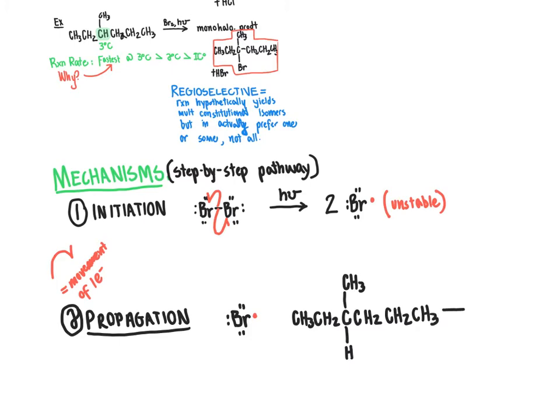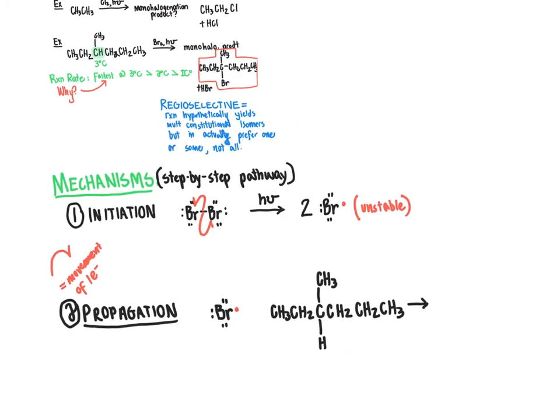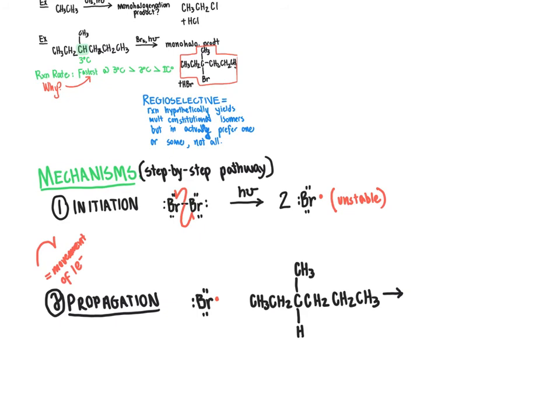And so we're going to go ahead here with this. Our bromine radical is really eager to react, and what it's going to do is grab one of the hydrogen atoms from this molecule to create a carbon radical intermediate. So the bromine radical here is looking around for a hydrogen to form a bond to. It's going to form a bond to this hydrogen here at the tertiary carbon. So we show the bromine coming over, it's donating one electron to formation of this bond,